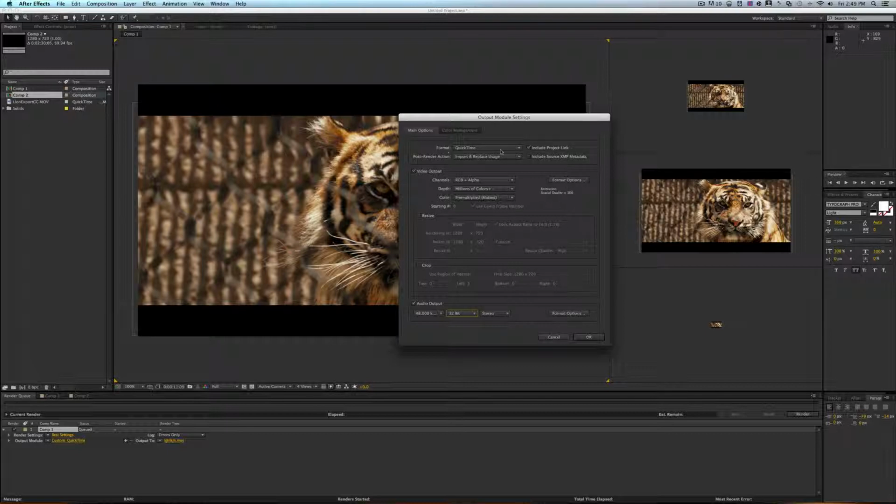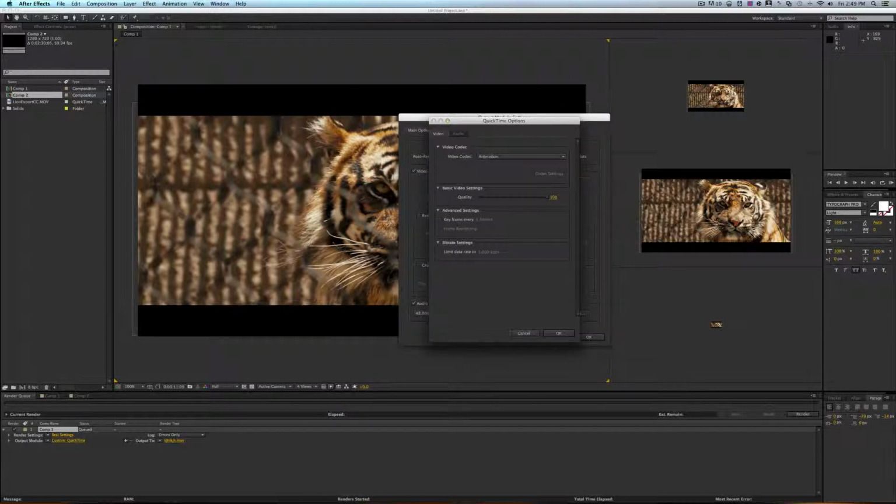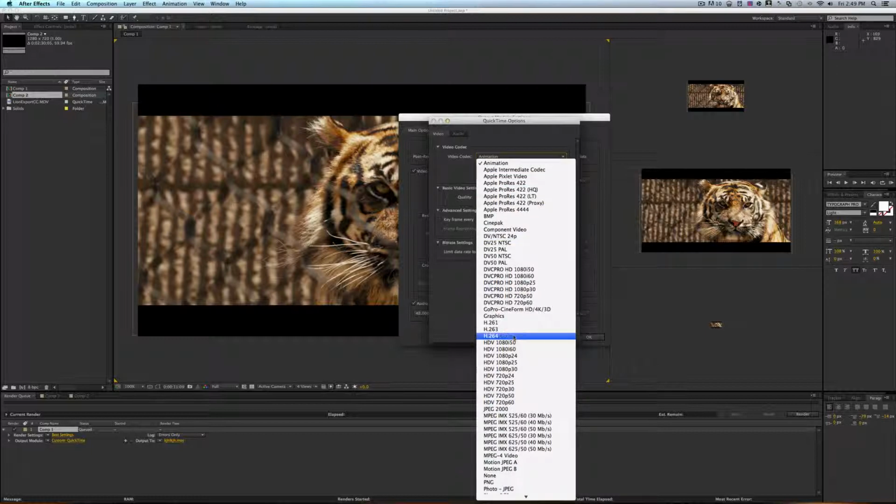And then up here at Format, you can change it from QuickTime to H.264, Blu-ray, or PNG sequences if you're exporting to Mocha to motion track. You have all these different settings up here, but what I do is leave that at QuickTime, and under Video Output I go to Format Options, and I typically use an H.264 compressor, which will just make your file a whole lot smaller. Or if I really want to save quality, I'll export as Apple ProRes 422 HQ